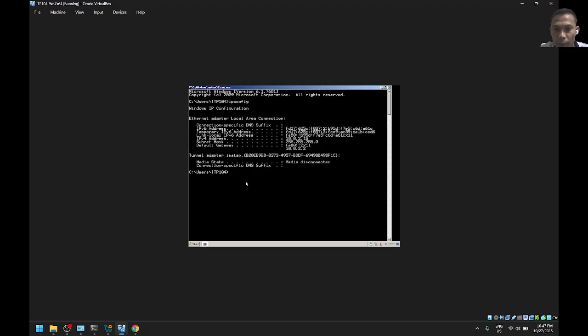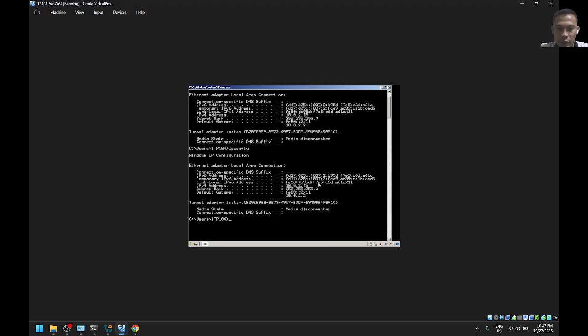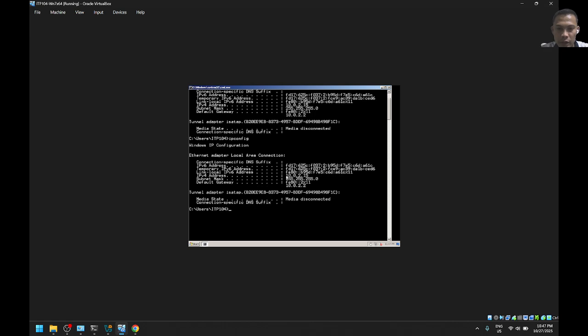Okay, so we check again. Our IP address is not the same as our base OS. So in this part, we need to configure our virtual OS so that our base OS and virtual OS can communicate with each other.